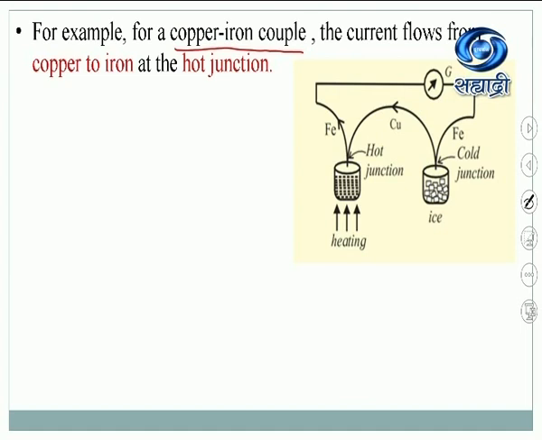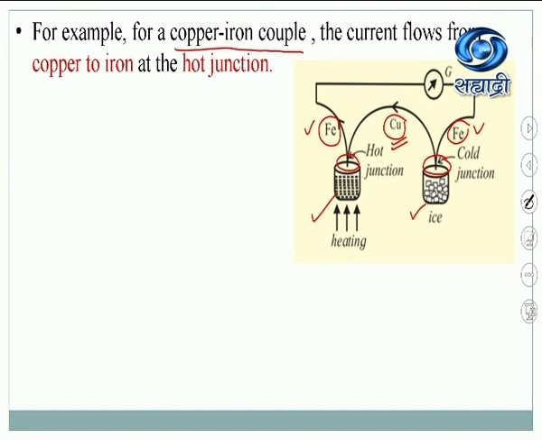see in the diagram, this is ferrous, this is copper. This is copper, Cu. This is ferrous again, that is iron. So these are the two different metals. This is one metal, this is another metal. See, they are connected together at this place, and they are connected together at this place. Now, not only are the metals different, but their temperature difference is maintained. That means this is a hot junction, and this is ice. Here it is heated, and this is ice, meaning low temperature. So the temperature difference is maintained.